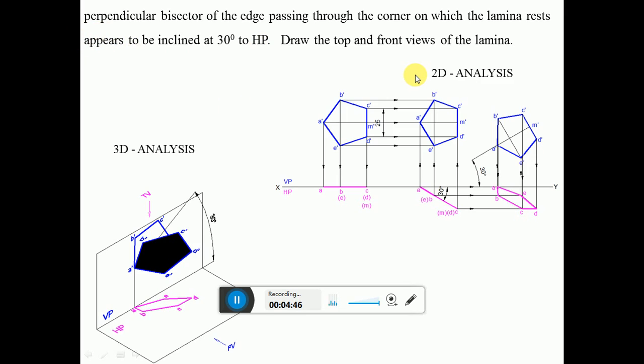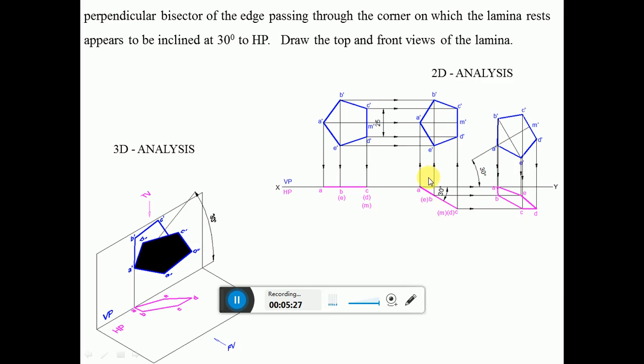So here first we need to check in the second position whether the perpendicular bisector is in apparent length or in true length. Now if you see here, the surface is inclined to VP, so obviously the perpendicular bisector, since it is also on the surface, that is ABCD is the surface, and it is from A to the midpoint of the opposite edge CD. So here you can see A dash M dash, wherein the perpendicular bisector is A dash M dash, wherein this perpendicular bisector is parallel to what?